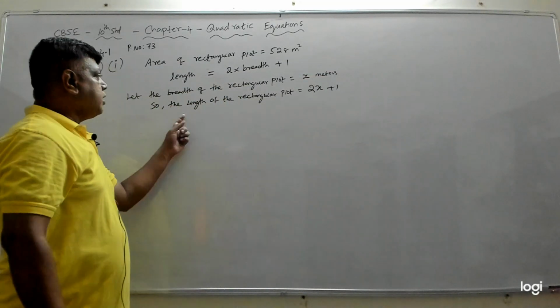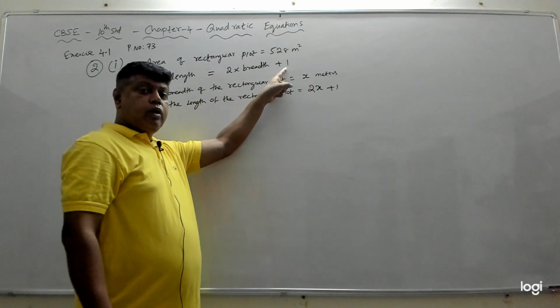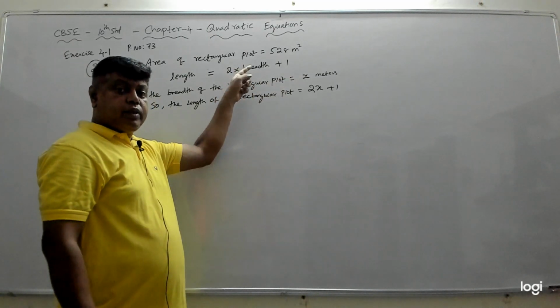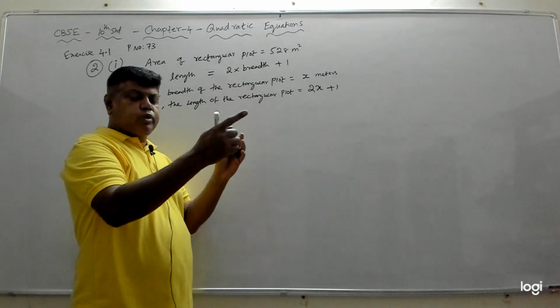Clear? So length is what? Length is given as 1 more than 2 times breadth, means you should write 2 times breadth then plus 1. You can also put 1 plus 2 times breadth, but